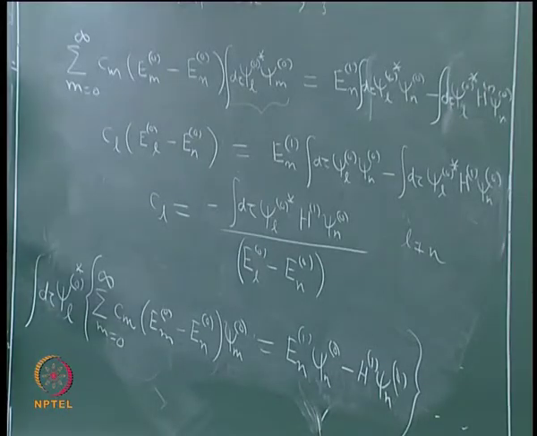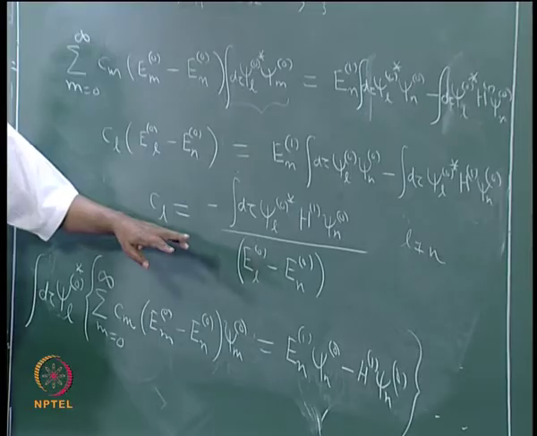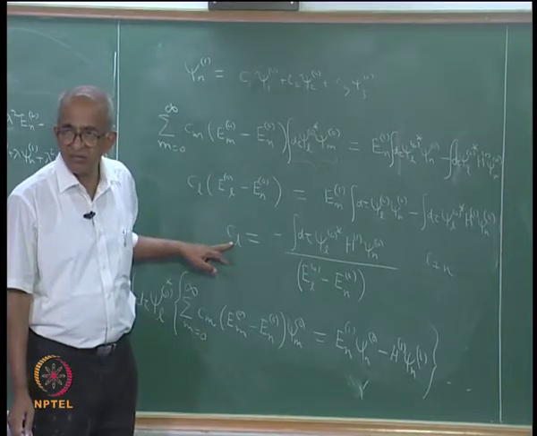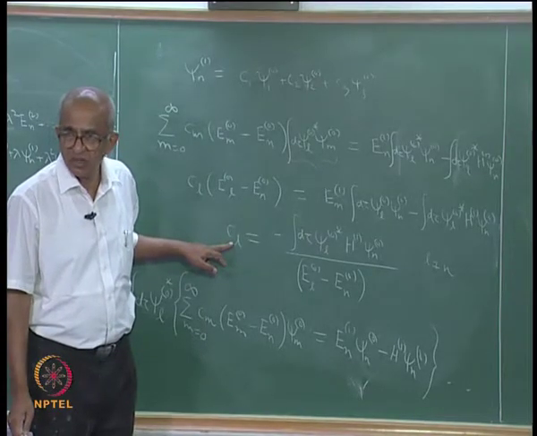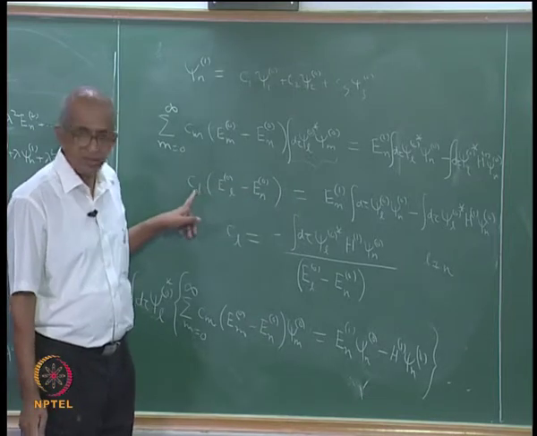So, when L is not equal to n, this is the expression for CL, correct. Suppose I had put L equal to n here,